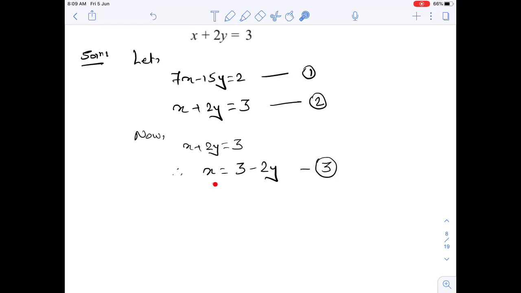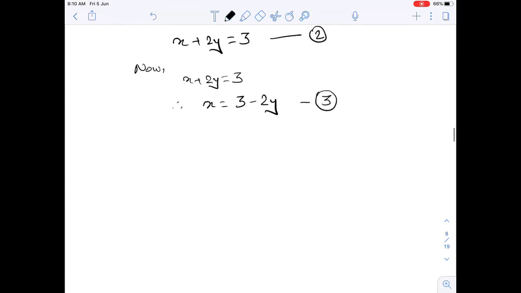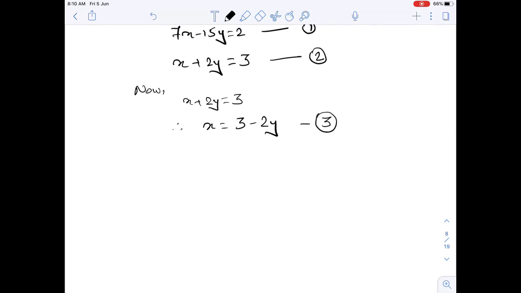Now we have to substitute this value in equation number 1. Remember that you cannot substitute this in equation number 2. Why? Because we have made this from equation number 2, so we are not supposed to substitute it in the same equation. We have to substitute the value of x in the other equation, that is equation number 1. So, substituting x equals 3 minus 2y in equation 1 we get,